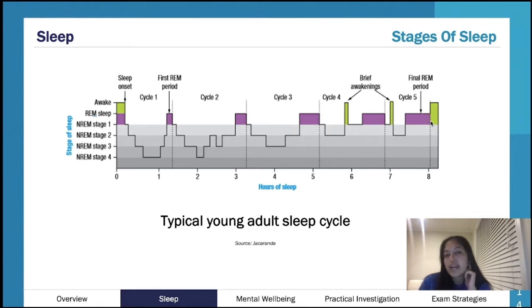So if you wake up naturally, that's why sometimes you might be able to remember your dream as you wake up, or it might feel like, oh my gosh, I feel like I was just dreaming, because you probably were. Naturally, you would wake up exiting that REM period, maybe if you're dreaming during that time. Whereas if you use an alarm, you might be woken up out of stage 4, and then you'll be a bit groggier and things like that.